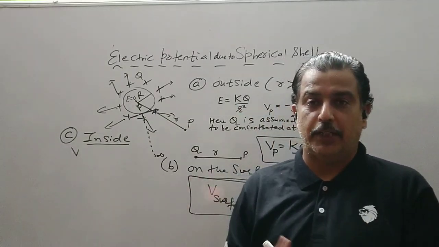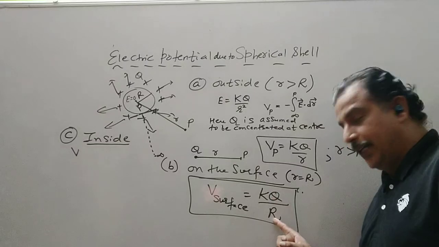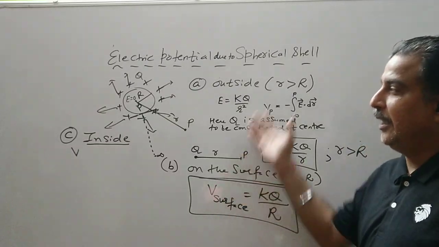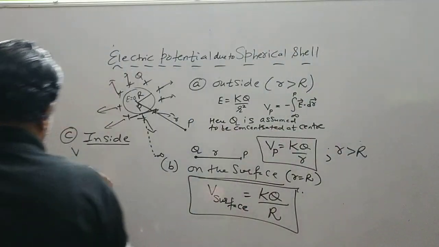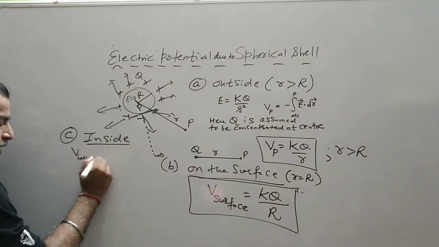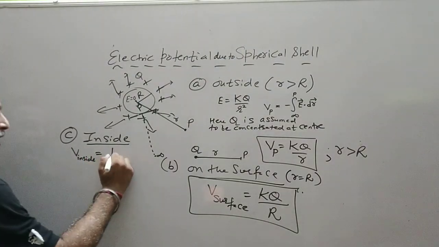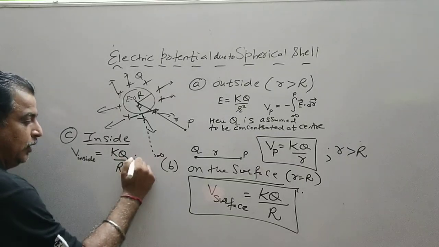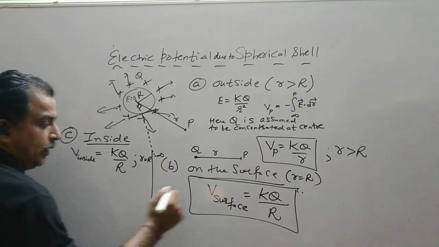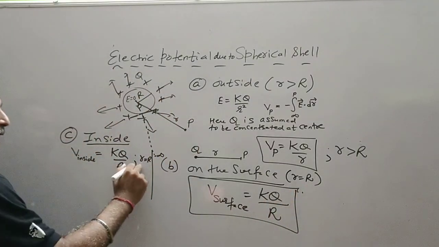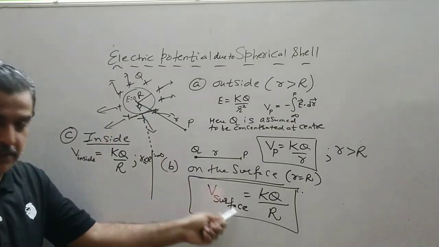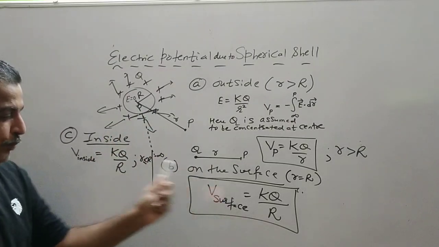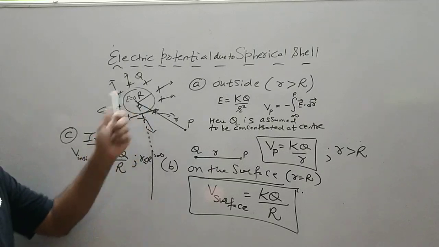So no work is done, that is, work done is 0. If I do the summation, it becomes kq by R up to the surface, and inside there is no work done against the field. So V inside is equal to kq by R. So this is for r less than or equal to R. If you are inside the hollow sphere or on the surface, the same amount of work has to be done. Inside, no work is done.